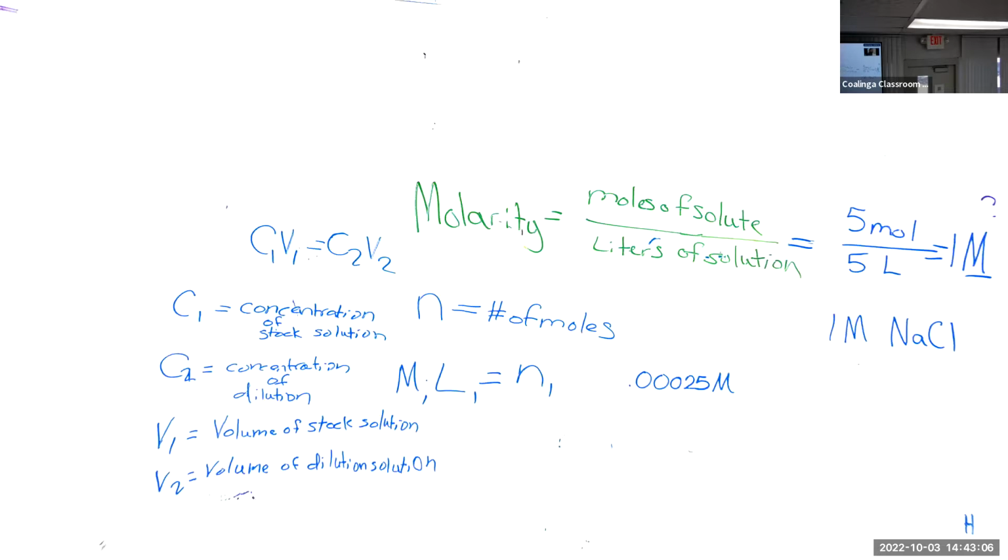And we're going to make 30 liters. Okay, so we're going to make 30 liters of a 0.025 molar salt concentration, starting with our stock solution of 1 molar sodium chloride. How much